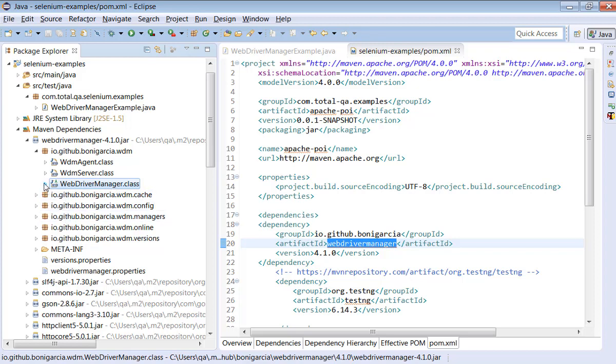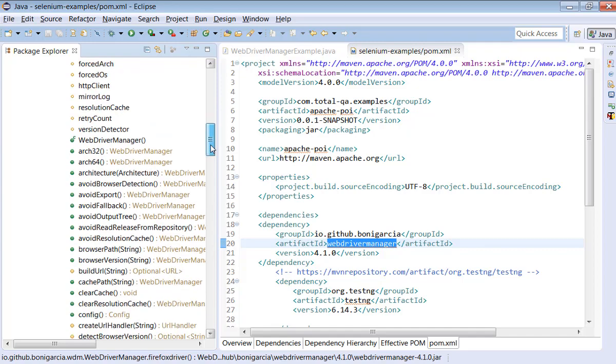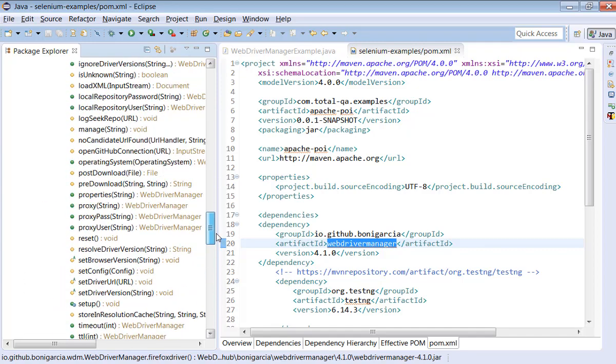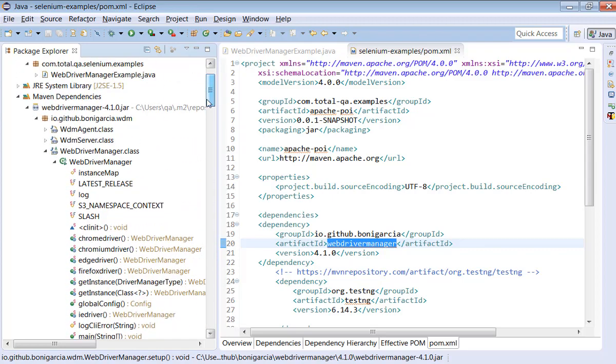the browser. And if you expand WebDriver Manager class, if you look at here, you have Chrome driver, Chromium driver, Edge driver, Firefox driver. For all these browsers, we don't need to download the executable file, and also we use mainly the setup method as part of this class to set up the necessary information to launch the browser without using executable file. So let's get into the program and try to use WebDriver Manager class now.